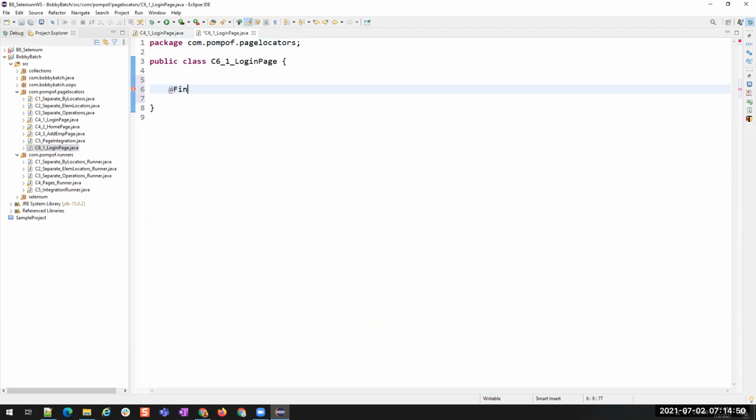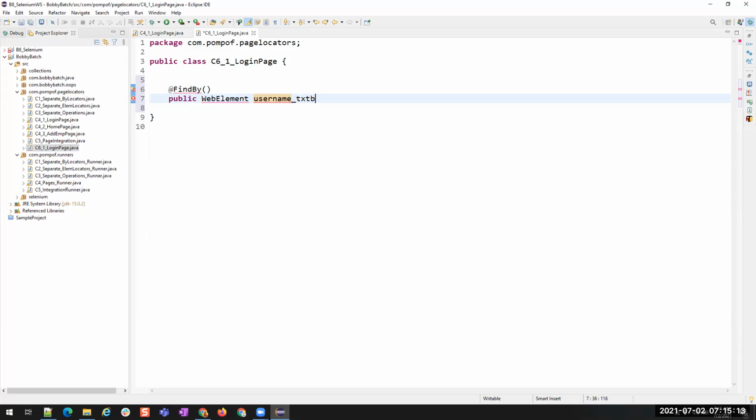We will just use this annotation called @FindBy, and we will declare the WebElement here. public WebElement username_text_box. That's all.